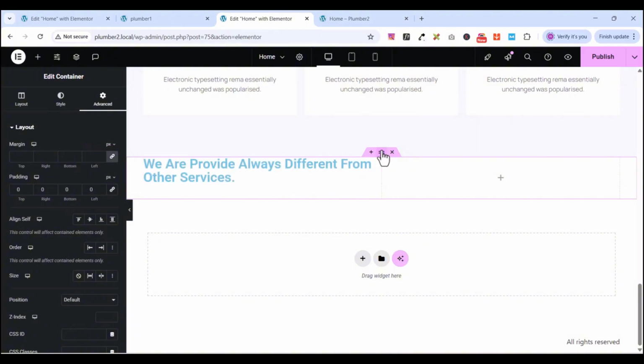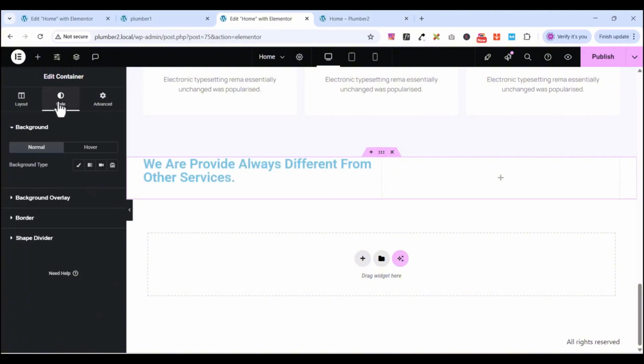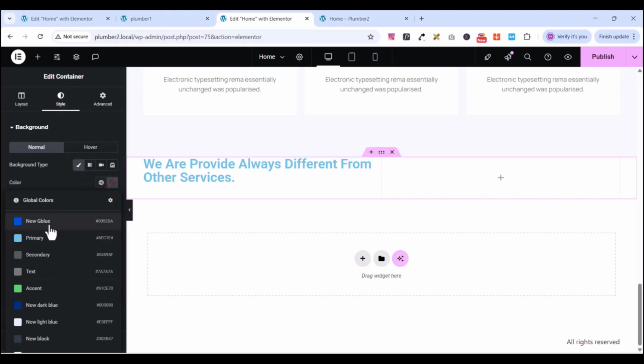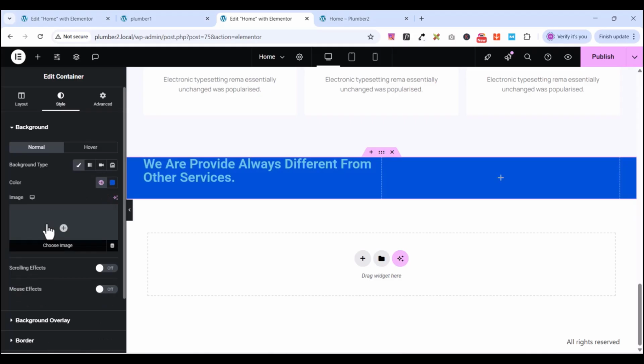color to this section. So I'll go back to my style, go to classic, then I'll select this one and click on this color. Okay, and click on this color. Okay, so